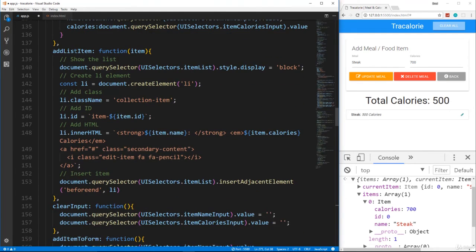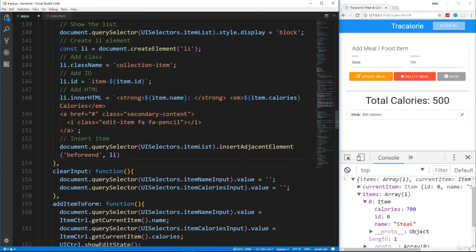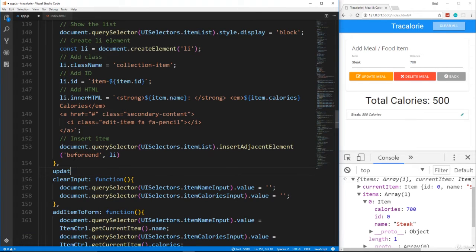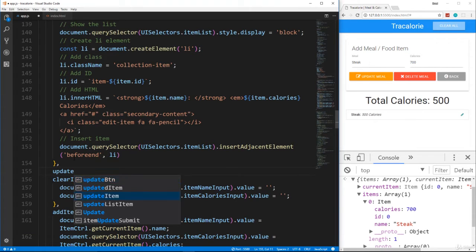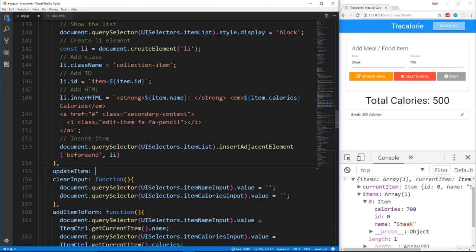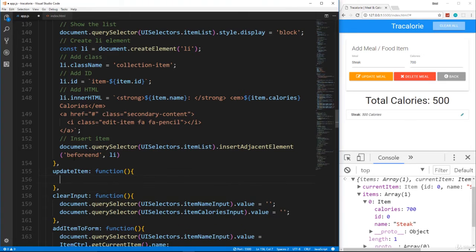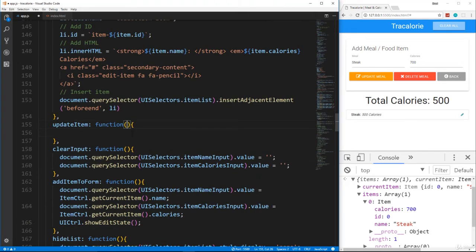So we're going to go under the add list item and say update list item. And that takes in the updated item. Actually, we'll just say item. Okay, so what we need to do here